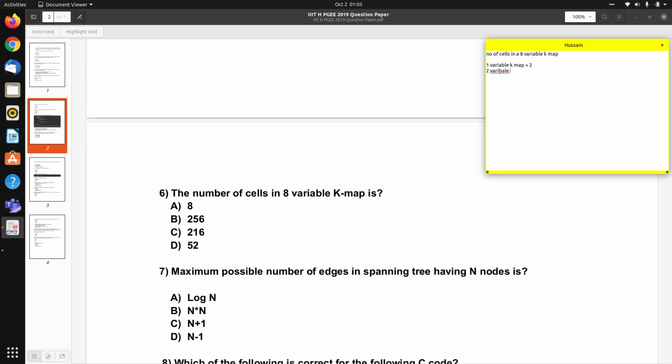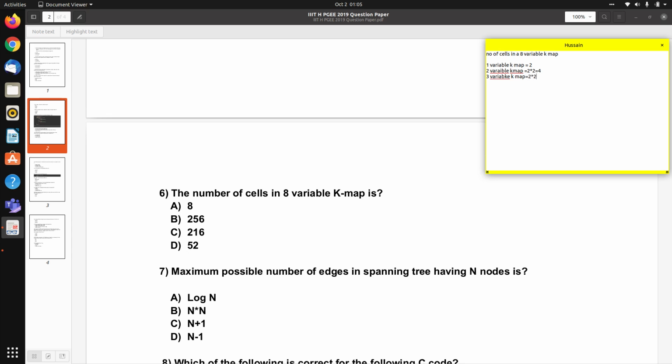Two variable K map: there are two variables and each can take two values. So 2 multiplied by 2 equal to 4. 3 variable K map: there are 3 variables and each variable can take two values.